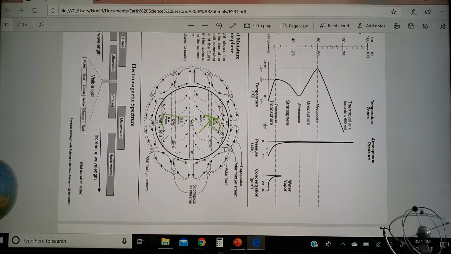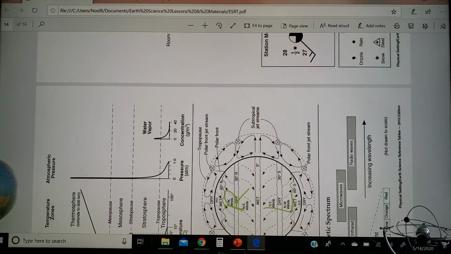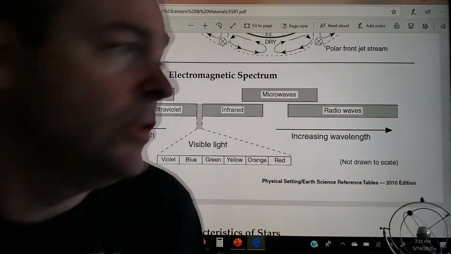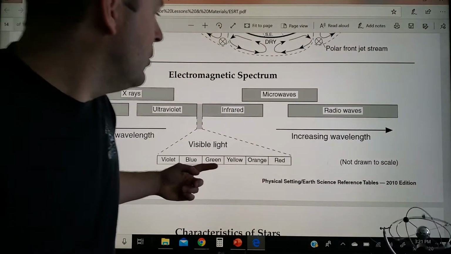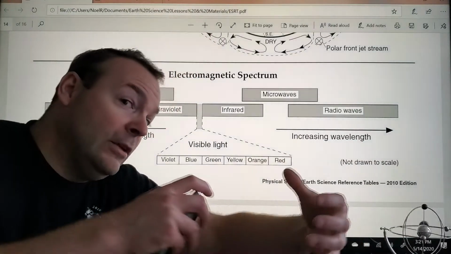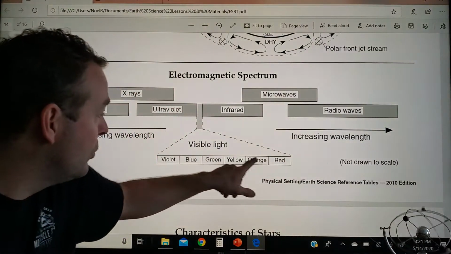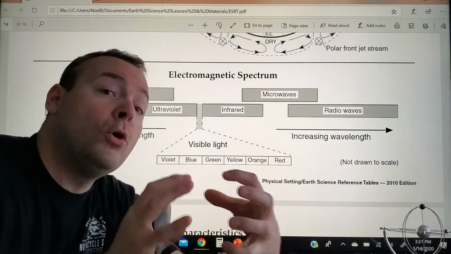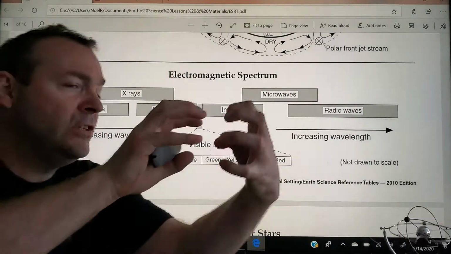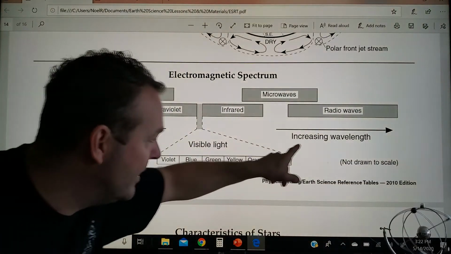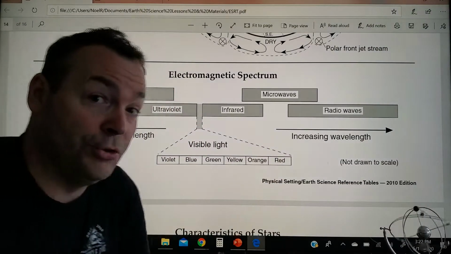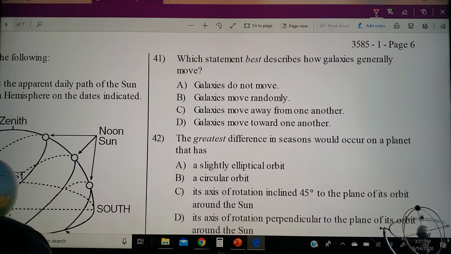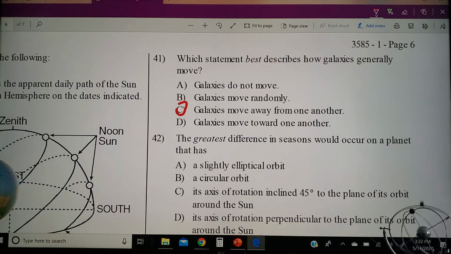And that's right here. We'll switch that around. And there you go. If you look, red, okay, goes toward increasing wavelength. It's a longer wavelength of light, whereas if it shifted toward the blue, it's a decreasing wavelength, and that would indicate that things are coming towards you, but that's not the case at the moment. Things seem to be going away from us, and the wavelength gets increased, stretched, and that's why they call it the red shift. Okay? We're going with C on that.